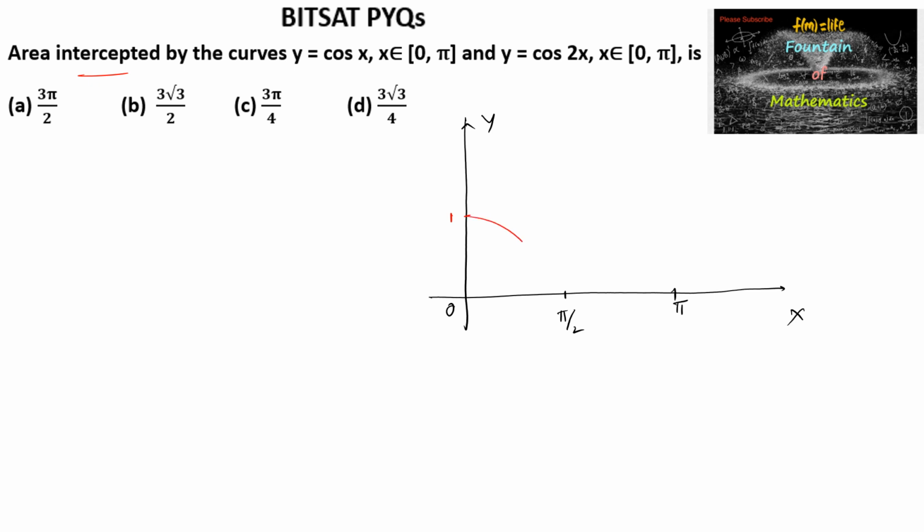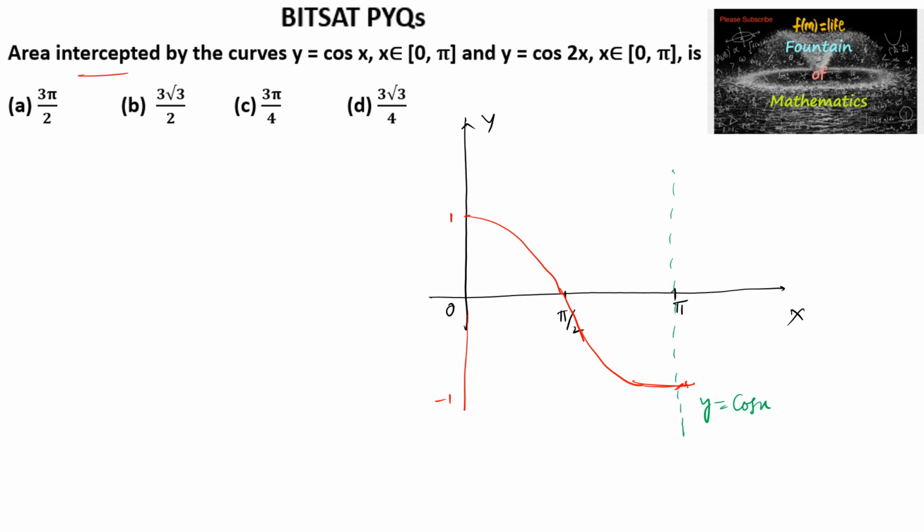Cos pi by 2 is 0 and cos pi is 1, negative 1, sorry. This is y is equal to cos x in 0 to pi,